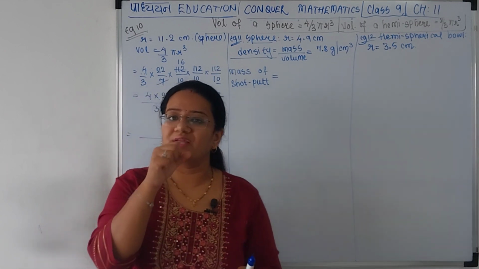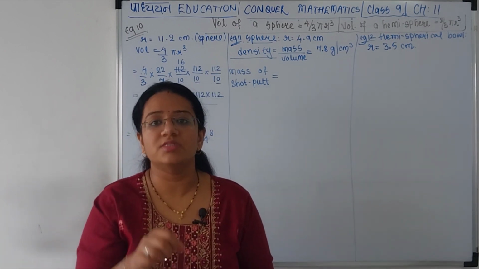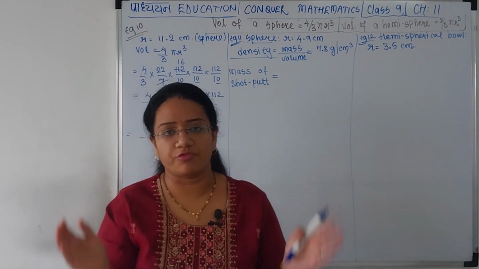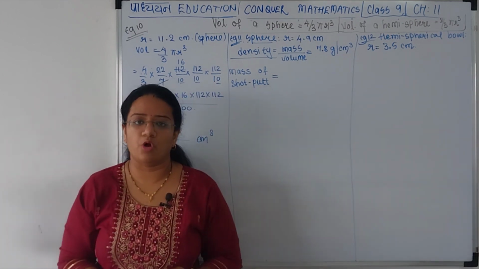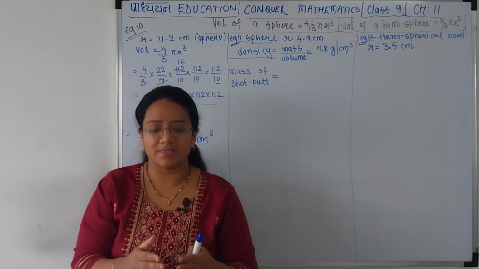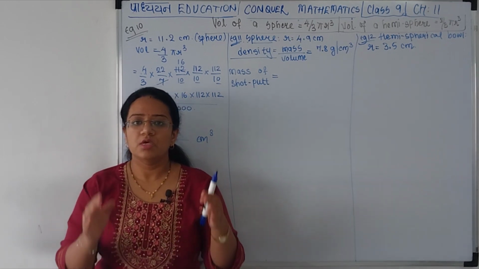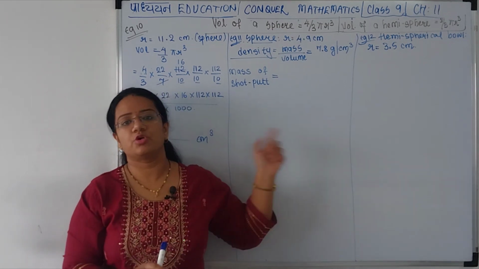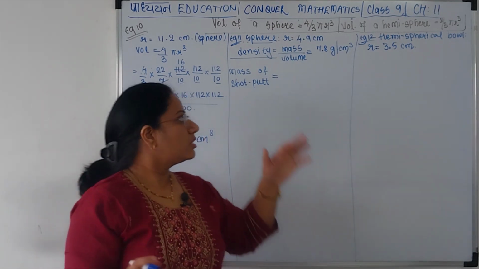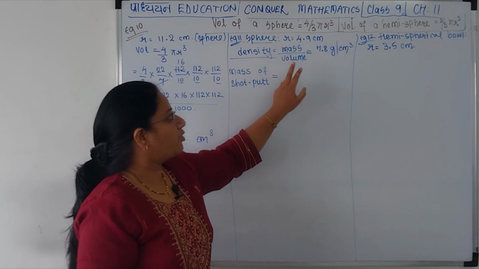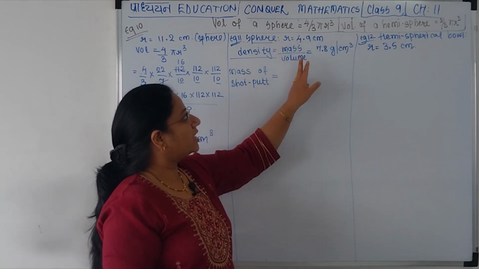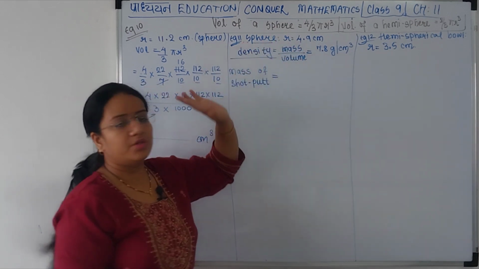So if you are stuffing less thermocol balls, then you have less mass of the box in a greater volume. So what is basically density? Density is the mass occupied in unit volume. So mass upon volume is your density. So if the density is given by mass upon volume, what will be the mass equal to? It will be volume into density.